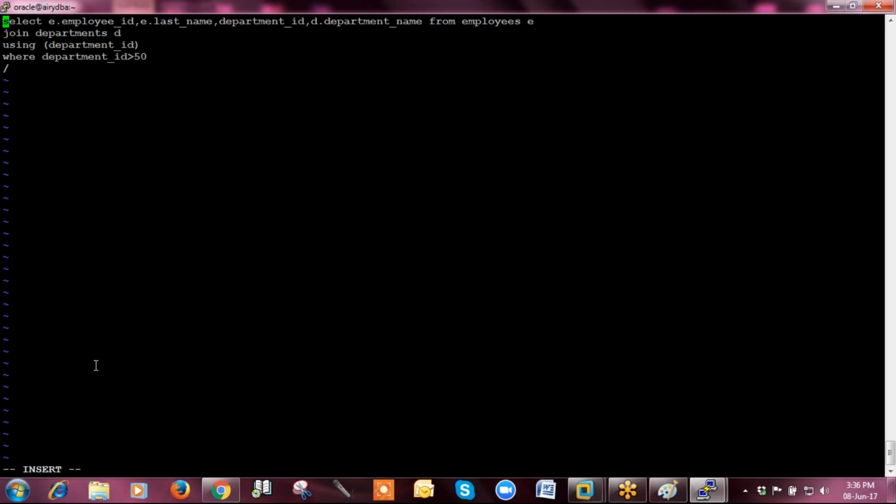So you can see I'm not able to use my table aliasing concept properly with this using clause. One thing is I have to put that column in single quotes. Second thing is I'm not able to use table aliasing with that particular column that I'm using with the using clause.